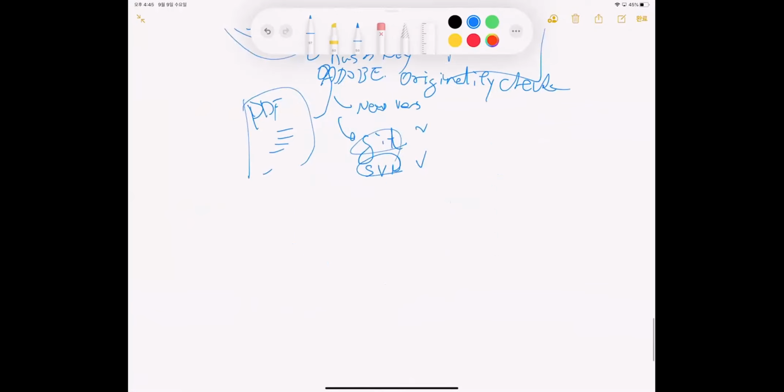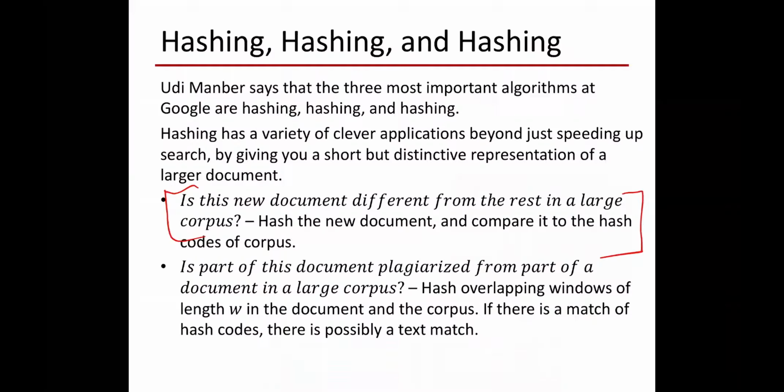Okay, since I have to finish this, let me go a little faster. So as part of this question of plagiarism from a part of a document in a large corpus, how can I check it? Hash overlapping window, meaning